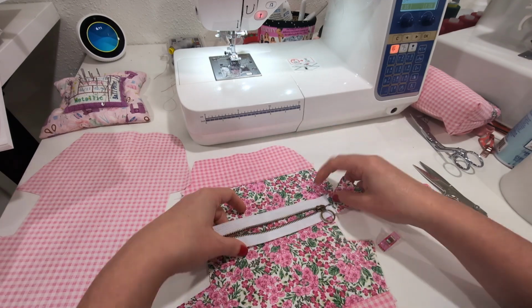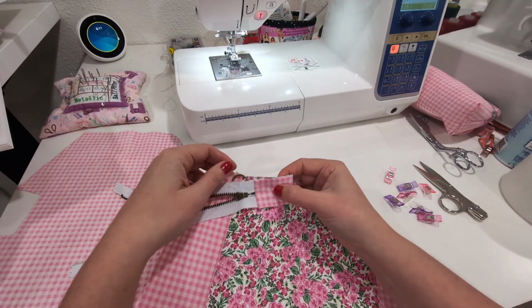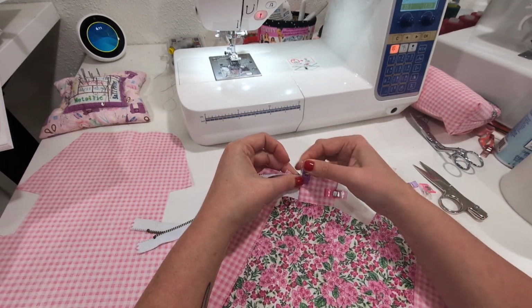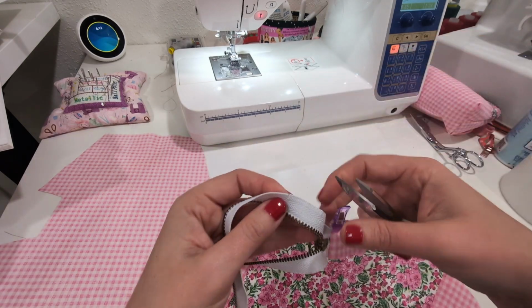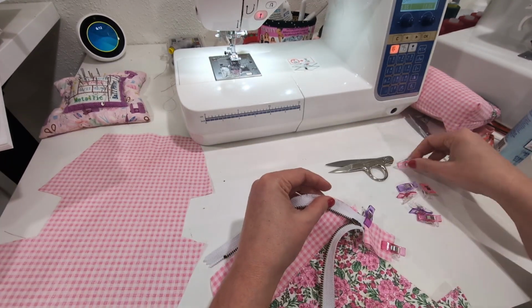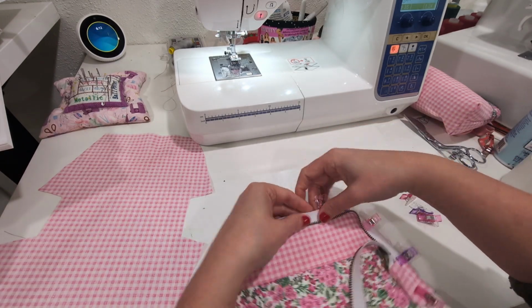the right side of the zipper facing the right side of that front piece, we're going to pin the zipper along the curved edge. So match the bottom of the zipper end pieces to the bottom of that curved edge, and then you're going to walk the zipper, pinning it in place. I like to clip into the zipper tape along the curve to help ease it, and just pin it in